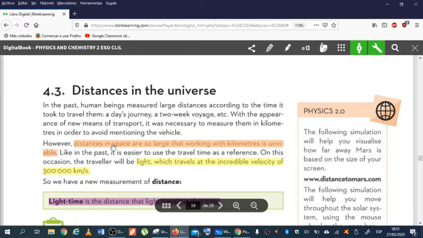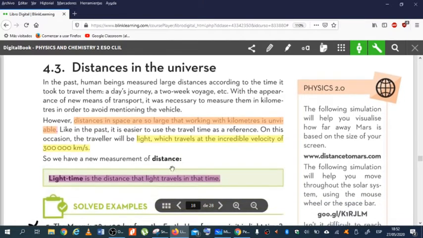The distances in space are so large that working with kilometers is unviable, inviable. Inviable means que no es útil usar los kilómetros porque son distancias tan grandes que tendrías que usar millones, trillones, cuatrillones de kilómetros y entonces no es viable. Okay? So we use